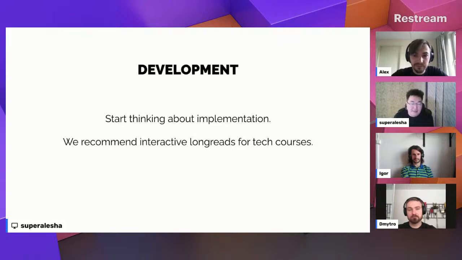So you can pick. There are a lot of different formats of the course. It can be recorded videos. They can be hosted on YouTube, on Instagram, or you can find some learning management system like Teachable. I don't know. But we found that for tech courses, a very good choice is interactive long reads in